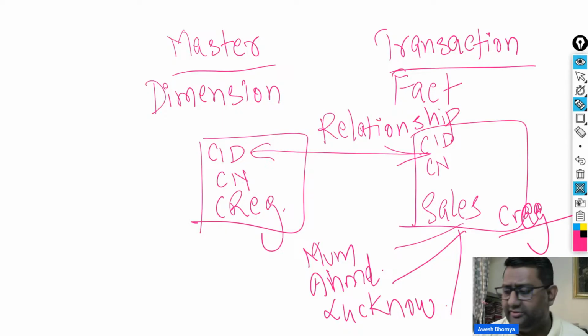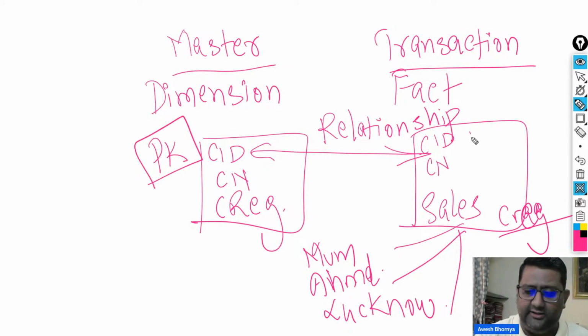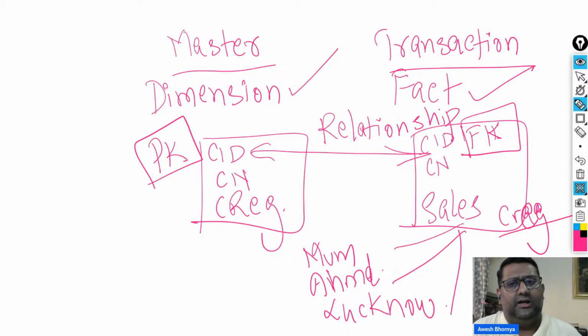Okay. Now this relationship that is going to be created is going to act as the lookup, or basically is going to help me pull the data from the customers table into the fact table, or the transactions, or you can say the invoices table, right? So on this side the primary key is your customer ID, and on this side the foreign key is also your customer ID. But remember, the foreign key resides in the fact table,